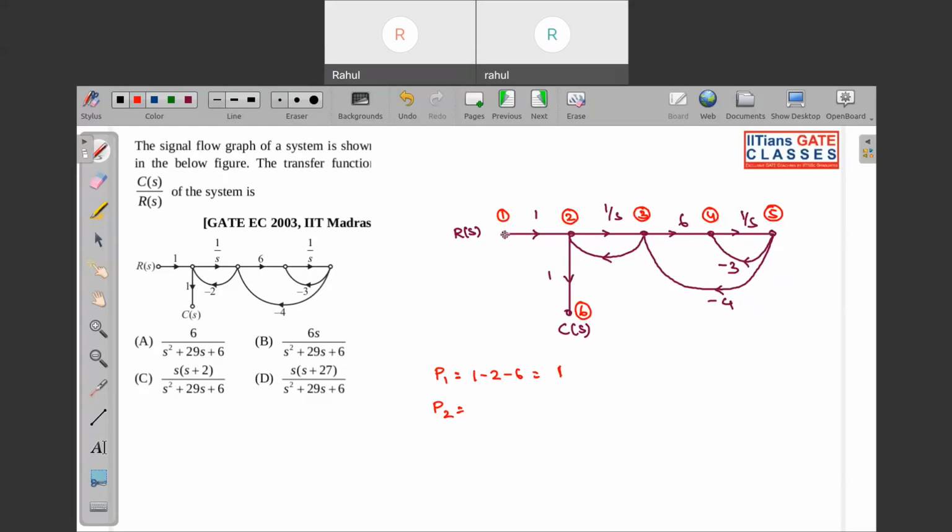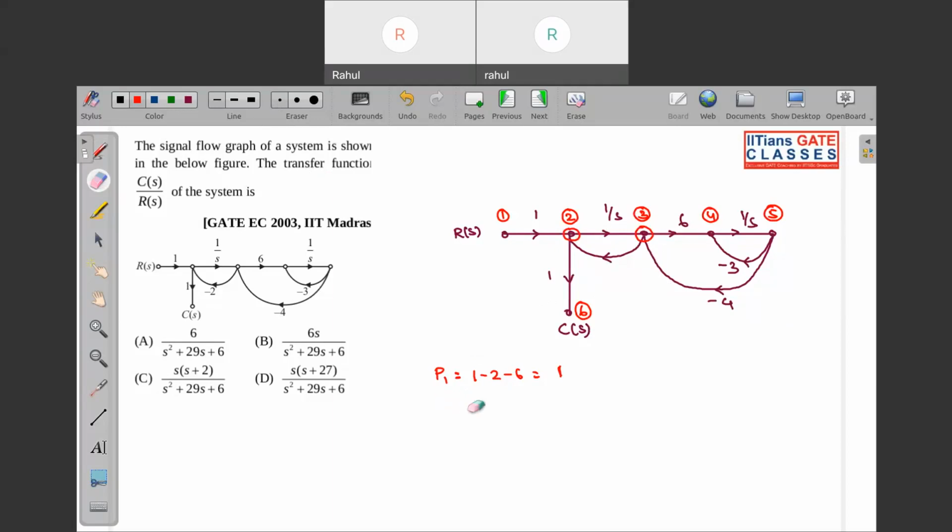Okay. We need to traverse any one of the node just once. So you can see in this path 1 to 2, 2 to 3, 3 to 4, 4 to 5, then from 5 to 3, then to 2. We are traversing this path twice. Okay. 2 and 3, we are traversing it twice. So that is why this is not correct. So this path is not correct. Okay. So